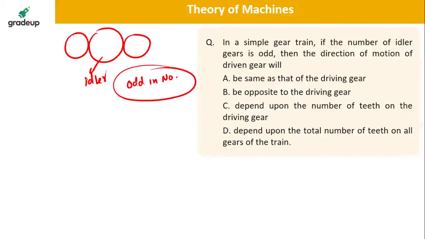So you have to tell me what will be the orientation or the direction of motion. It will be the same as that of the driving. This is your driving, and this is your driven. Option A, option B, option C, or option D? Absolutely correct. Option A will be the correct answer because if you're having an odd number of idlers, you'll be having the